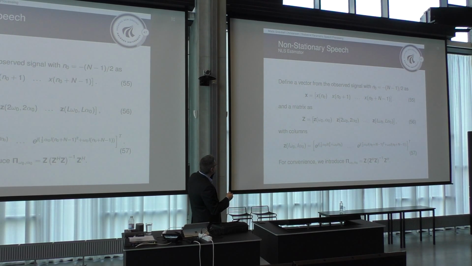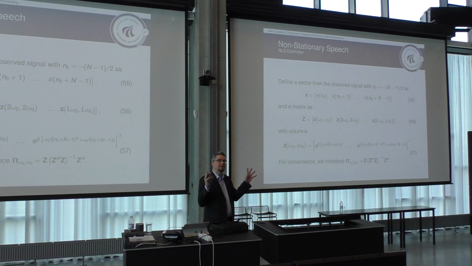Okay, so we define a vector as before, where we put our observed signal starting at 0 up to 0 plus n minus 1. We changed the definition of the set matrix because the model is more complicated now. It now has two parameters, namely omega 0 and alpha 0 here, and then you multiply those by the numbers. So you see that these vectors now are no longer Fourier-like vectors, they are chirp vectors. And then we define a projection matrix like this for the set matrix here, which depends on the fundamental frequency